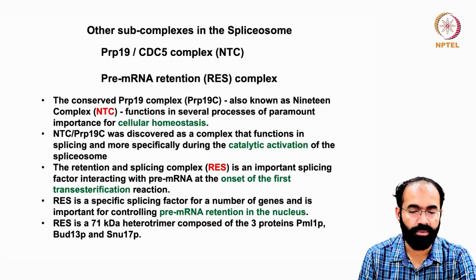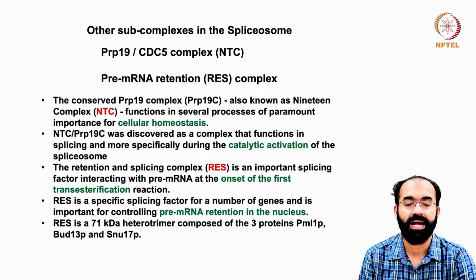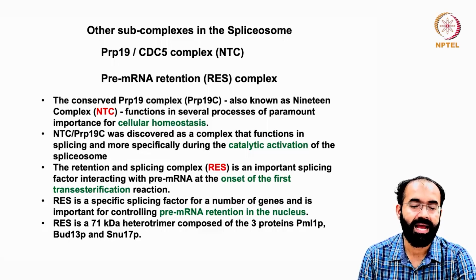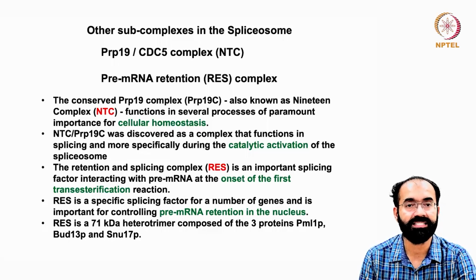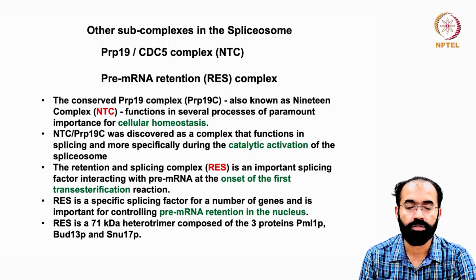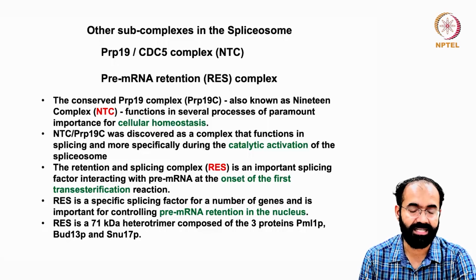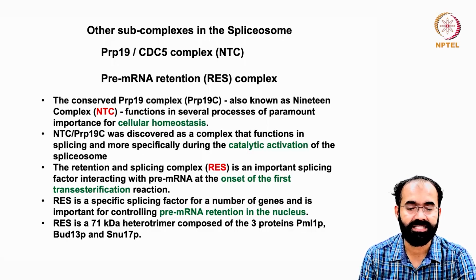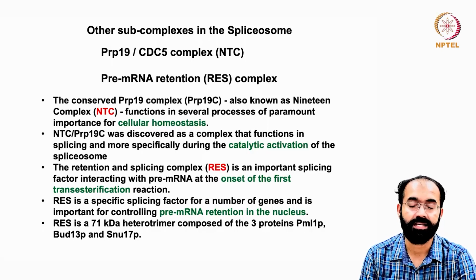There are other subcomplexes also in the spliceosome, and they are called PRP19 and CDC5 complex, which is also known as NTC complex, and then pre-mRNA retention complex, it is called RES complex. So the conserved PRP19 complex, it's also known as PRP19C, is also known as 19 complex. That is why NTC comes from 19 complex,